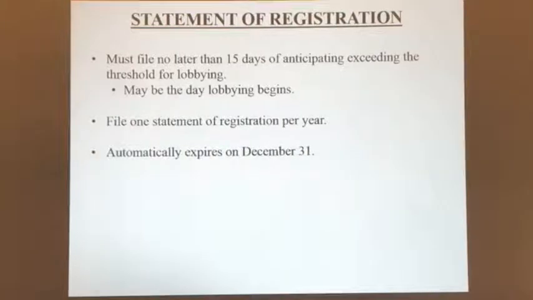They automatically expire December 31st. When you file it, you do have to submit a $150 registration fee, only payable by check in the mail or in person by credit card or check. I'm sorry, I'm also not happy that the eLobbyist system doesn't take credit cards, because guess who has to process all these checks? It's me. So I understand, but it's on our wish list of items. The program was designed in 2006, and we've had minor updates but not major, so that's why we sort of have to operate within this system.